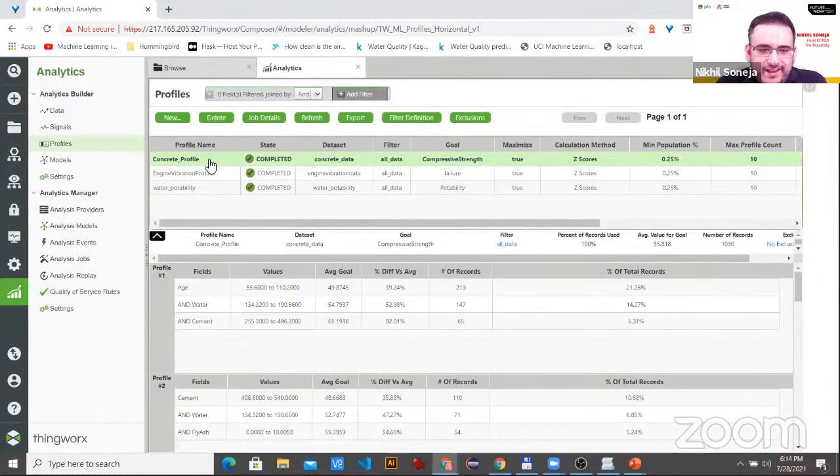So the profile, again, tells us, like we saw, that age, water, and cement were the three features that were most influential. But it tells us that for 6.31% of records, the goal was predicted quite well. So if we chose, we could use only these three fields and get a fairly good result. But 6.31% is a little bit lower than our optimum. So we might not just restrict to these, the other ones might be more useful. So we're going to go straight into,